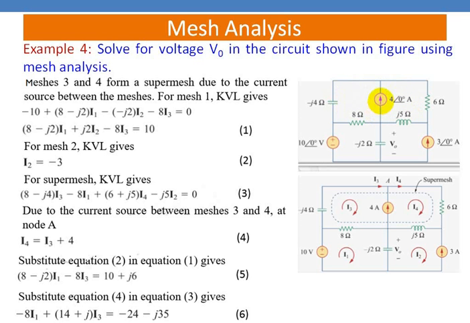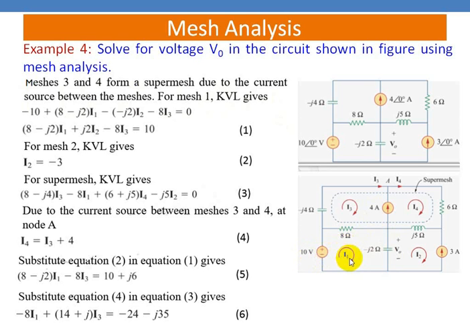Without considering this current, we have to write the equations. Now let us see how to write the equations. So mesh 3 and mesh 4 form a super mesh due to the current source between the two meshes. For mesh 1, KVL gives, so for this mesh, we have to write the equation. So the equation is